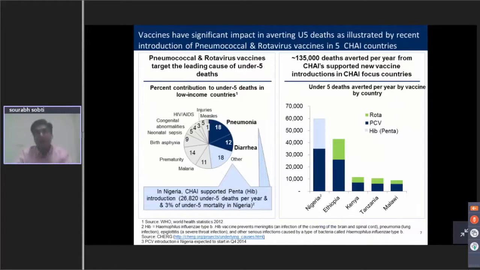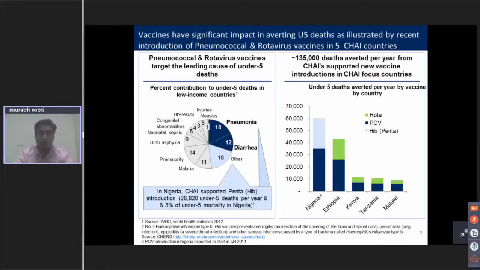Vaccines have a significant impact, as the slide suggests, in averting under 5 deaths. On the left-hand side, you can see a chart which maps out the various drivers of under 5 mortality. Pneumonia and diarrhea account for 30% of those deaths, which could be prevented. And now we have a vaccine which could easily be